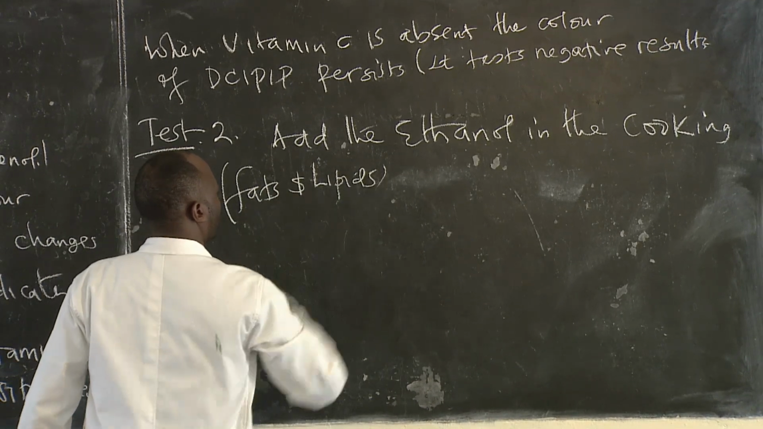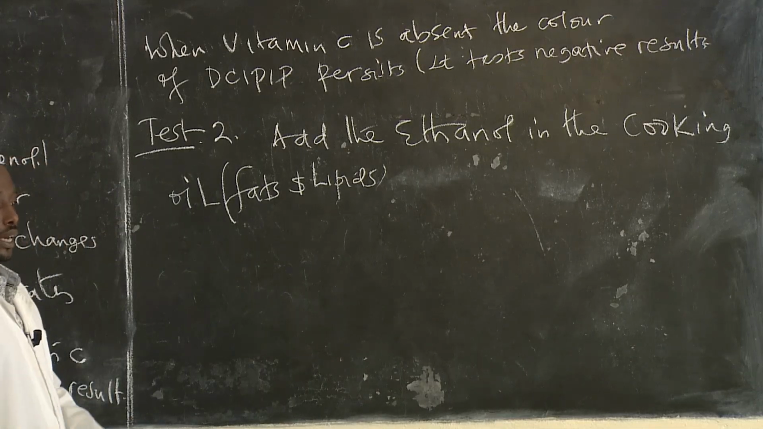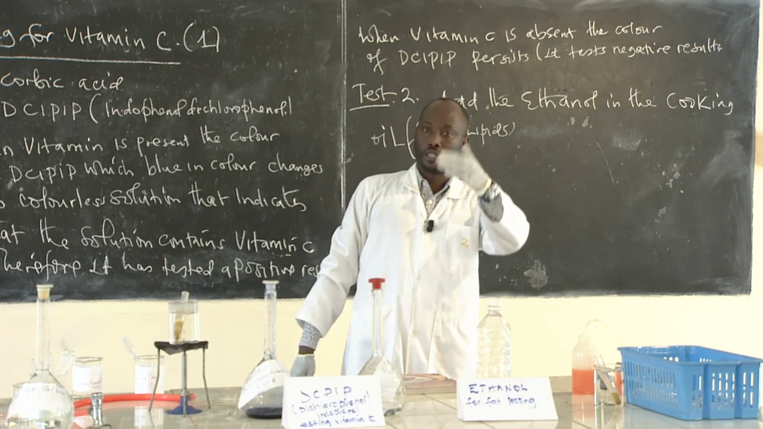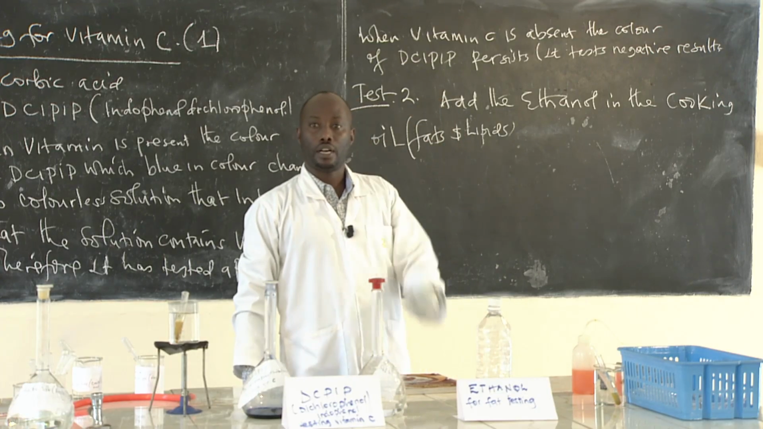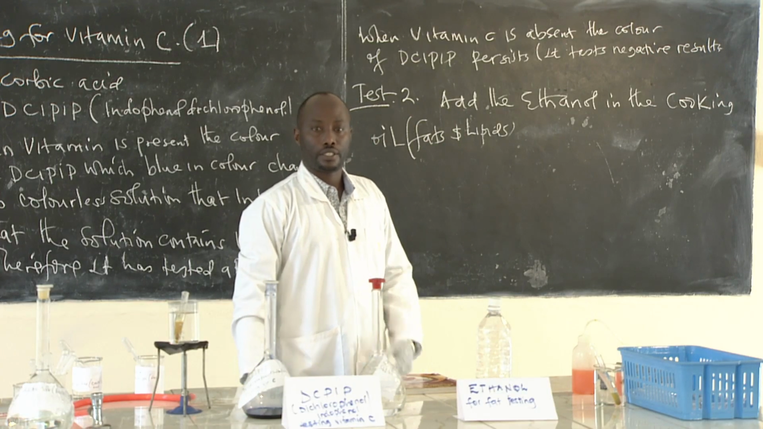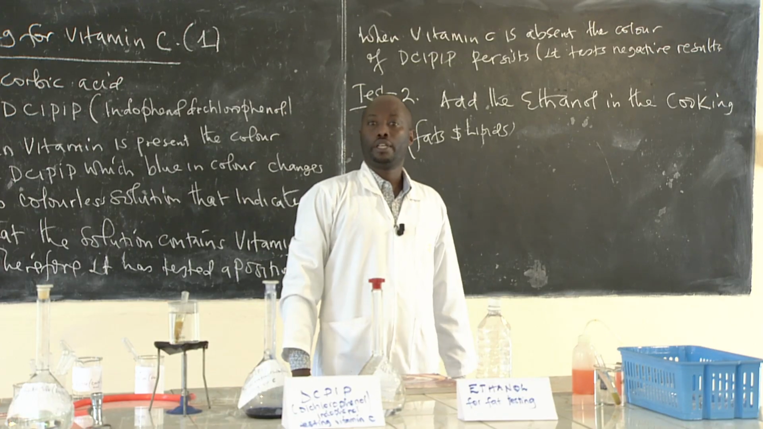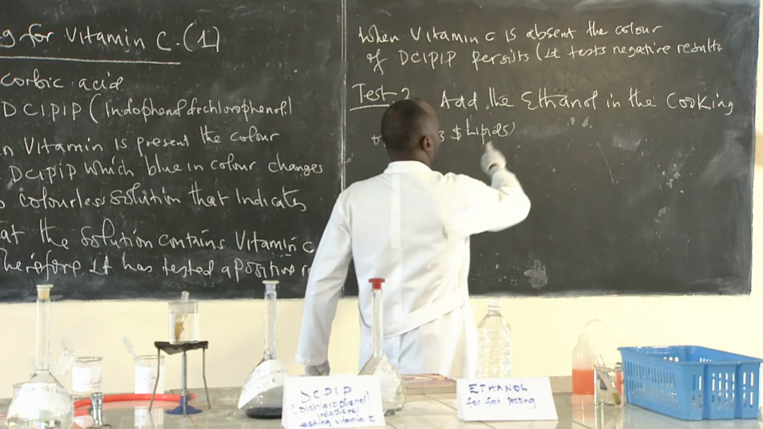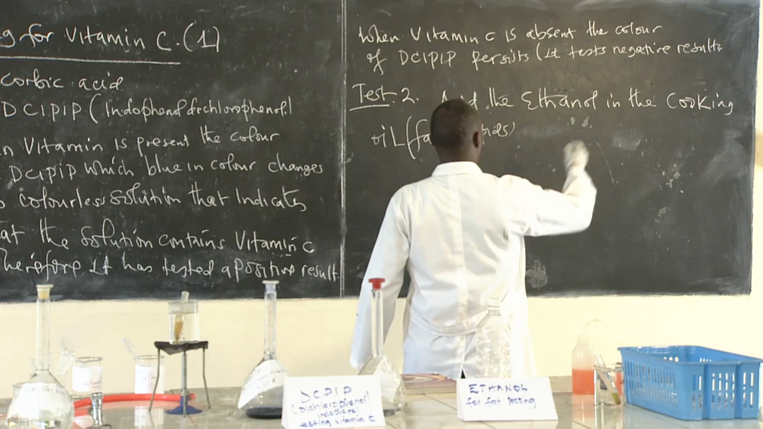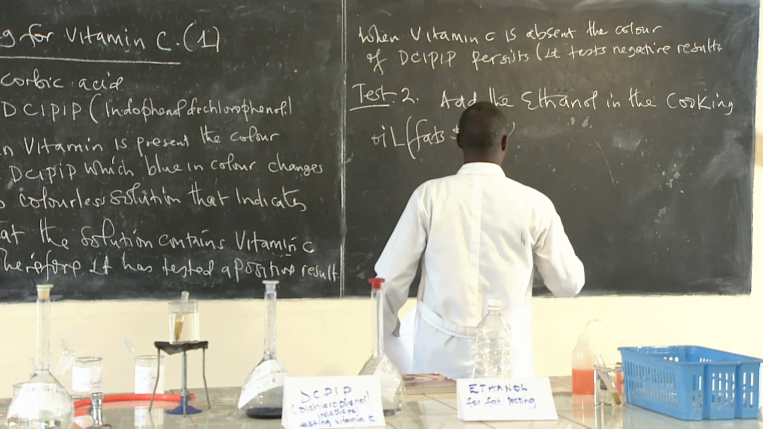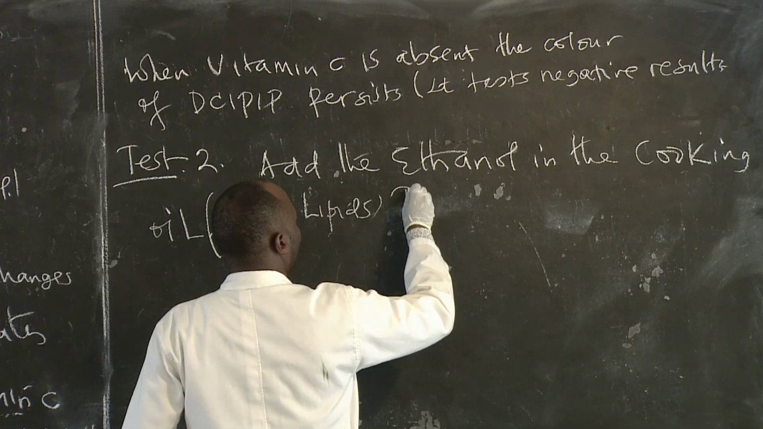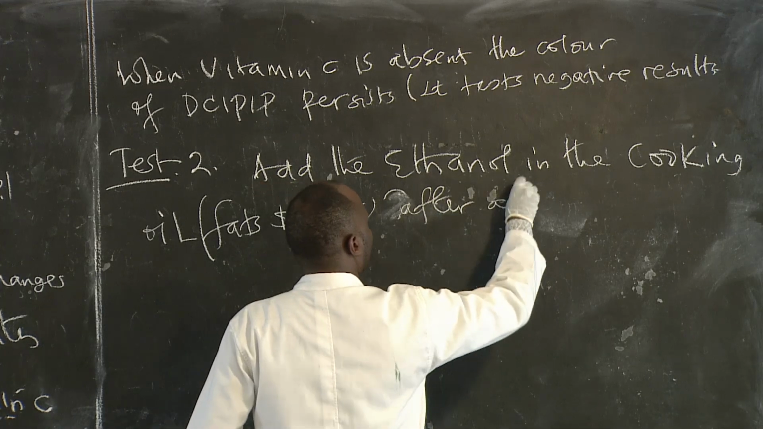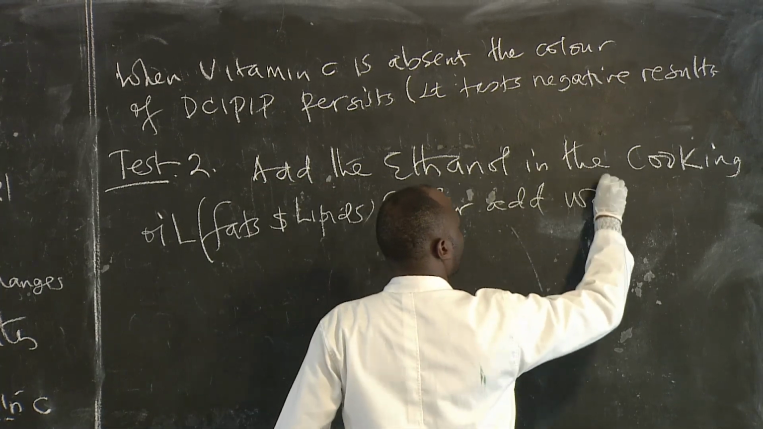There are very many foods that contain fats and lipids. We can have cooking oil, we can have G-nuts. These are foods that contain oils and fats. We also don't forget about the meat, which also contains fats. So if you add ethanol in the cooking oil, and after that add water,